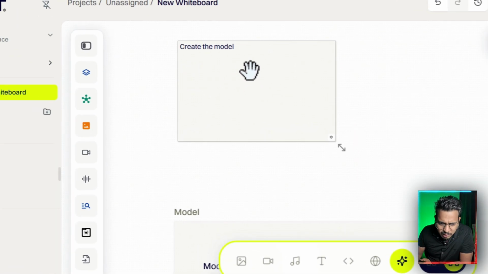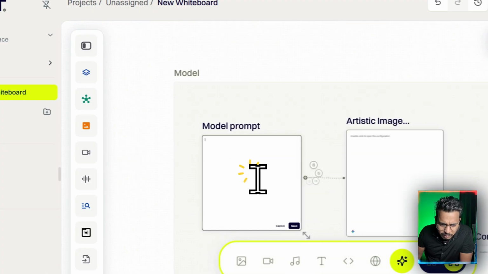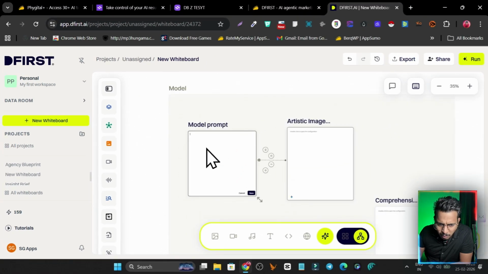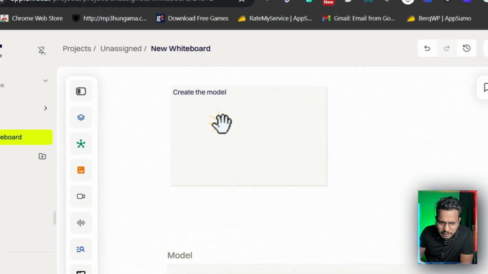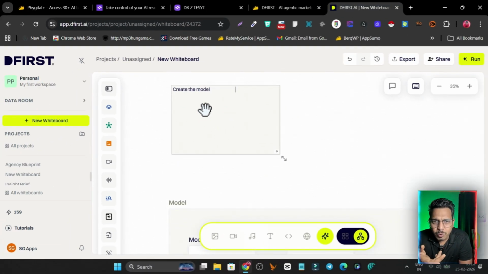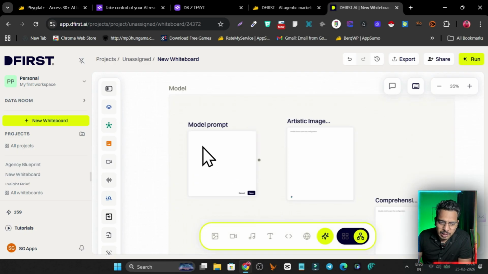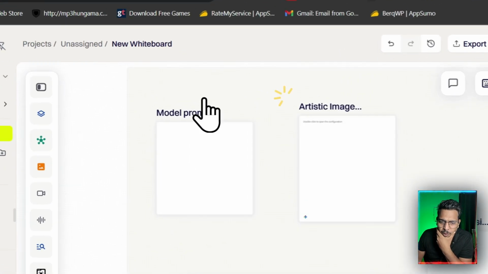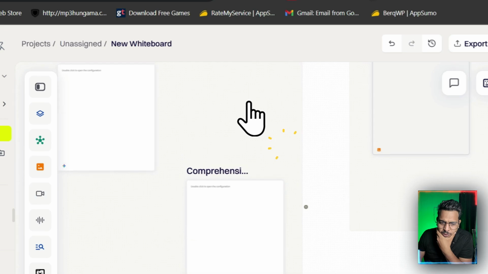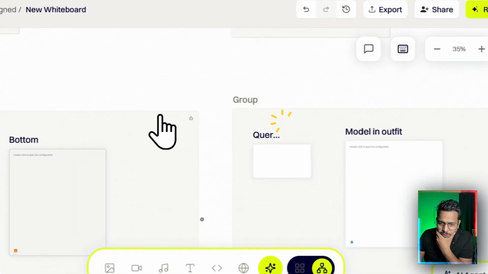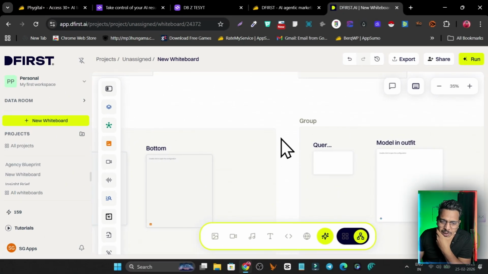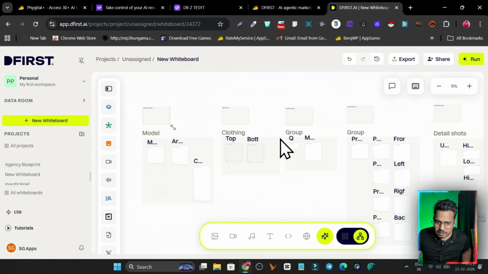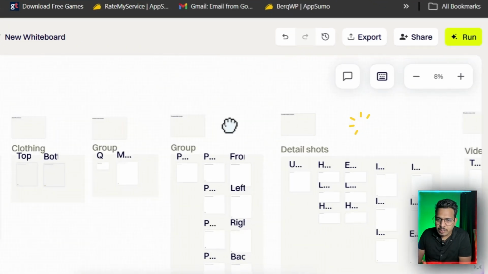So create the model here, enter a model prompt here. You have to first create the model, like who is going to wear this apparel. You have to add that, and after that in this model you have to add the model prompt. Then this is the artistic image it is going to generate, and this is okay. Although this is the template, it is kind of empty. You have to start adding things, start testing things out, and after that you will start getting the